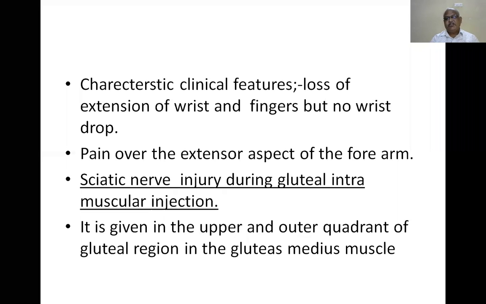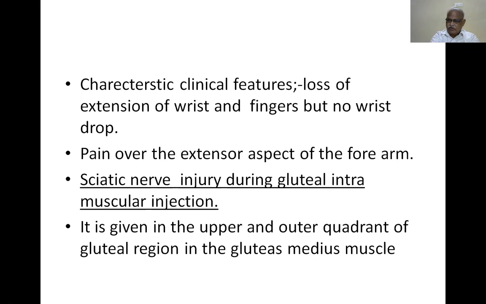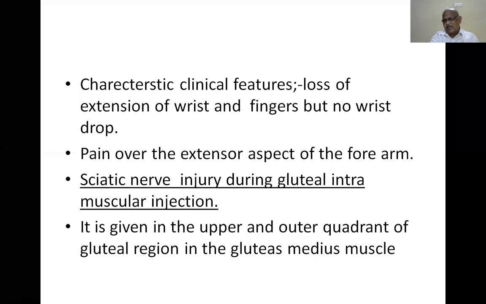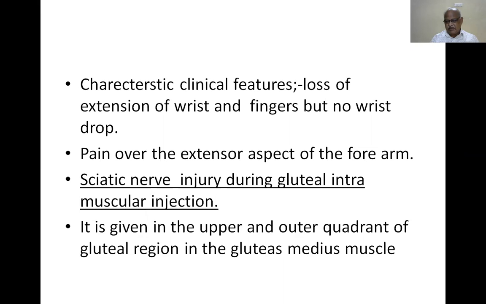Now, sciatic nerve injury during gluteal intramuscular injection. Whenever you go to the wards, staff nurses or doctors will give injections at the upper arm and also to the gluteal region. Especially when children are not cooperative, they will give it in the gluteal region. Intramuscular injection is delivery of a drug into the muscle. Then it is absorbed through the blood vessels present in the muscle, goes into the general circulation and goes into the entire body. That is the main principle behind intramuscular injection.